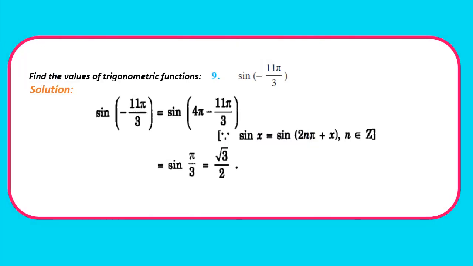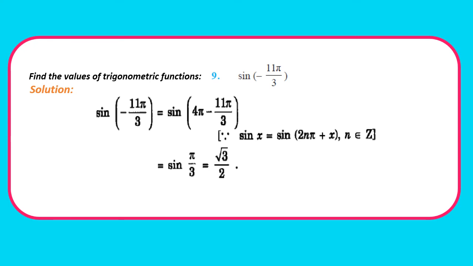Next is question 9. Find the value of the trigonometric function sine of minus 11 pi by 3. Now sine of minus 11 pi by 3, after completing the revolutions, can be written as sine of 4 pi minus 11 pi by 3, because if we take sine of 2n pi plus theta or minus theta, it is the same only. So sine of 4 pi minus 11 pi by 3 will be equal to what? Sine of minus 11 pi by 3. Clear? So after subtraction you can find that this will be 12 pi minus 11 pi,